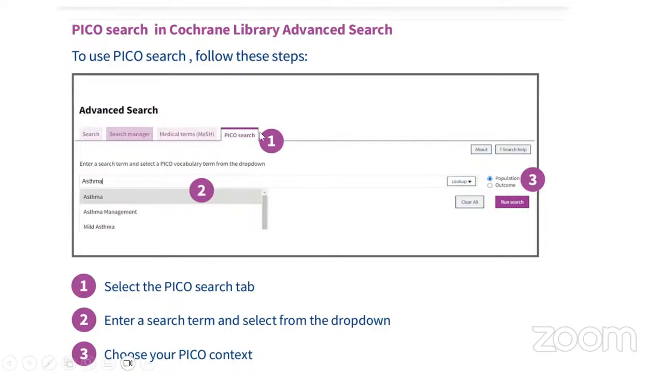This is the 4th tab, which is the PICO search, if you want to look using the PICO term. So select the PICO search tab, enter the search term that you want to look for, for example asthma here, and then you can type in if you want it to be the population or the outcome or the investigation or the